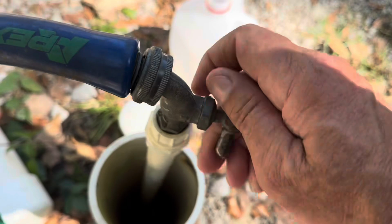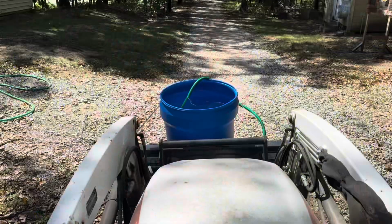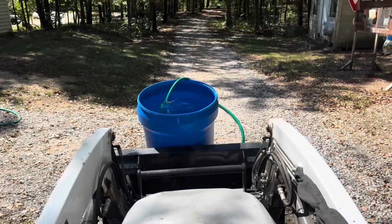Cut this water off so I'm not being wasteful. That's my little hydrant right there. This is city water. One day, I really want to drill a well here. So I want to get off that city water. The pressure stinks anyway. I don't know what kind of chemicals they're putting in it. I have no idea. But I just know that if I had my own water, I'd be a little more self-sufficient, and I know the water would be better. I always spill a little bit, but